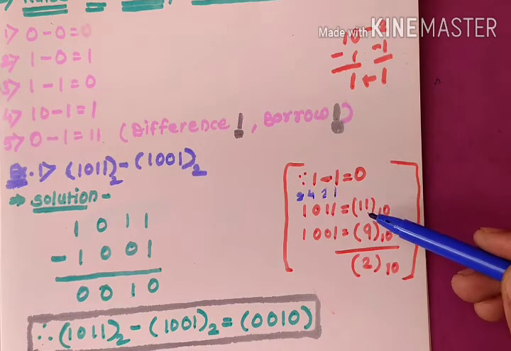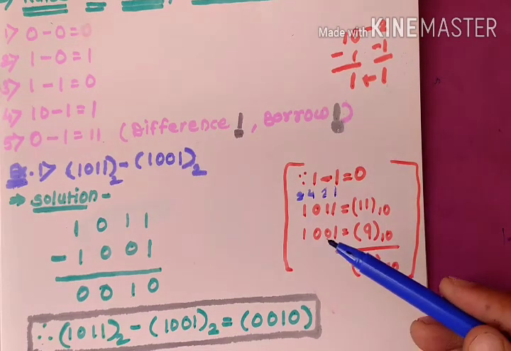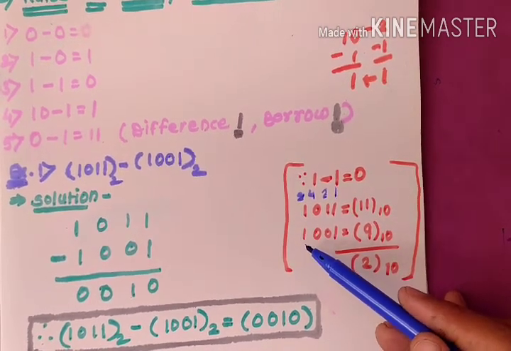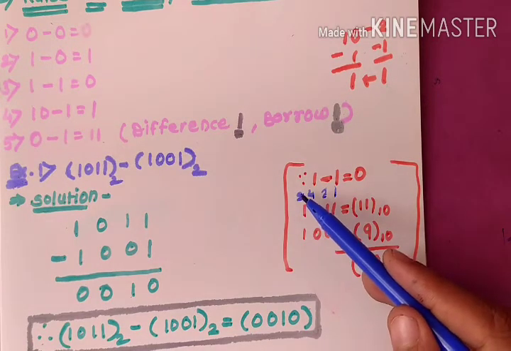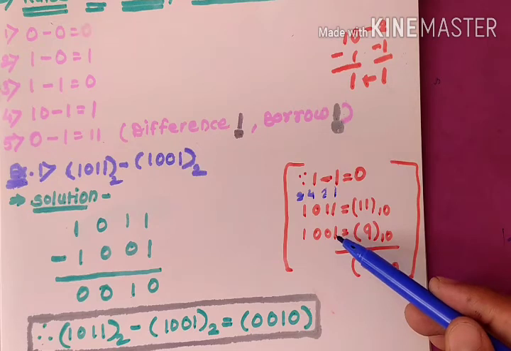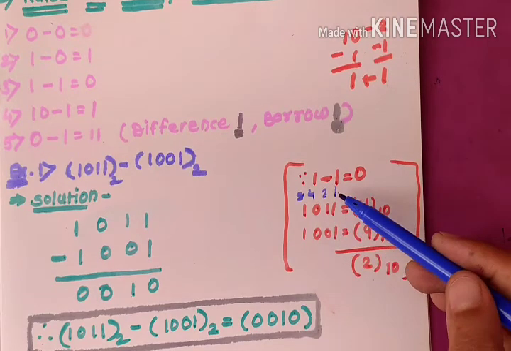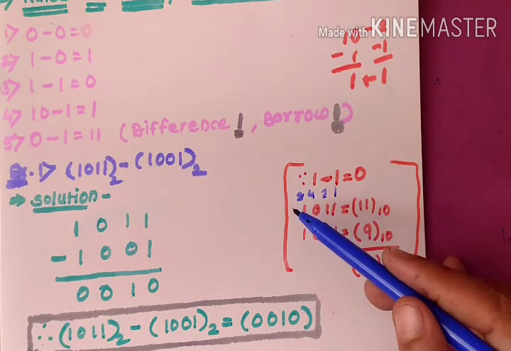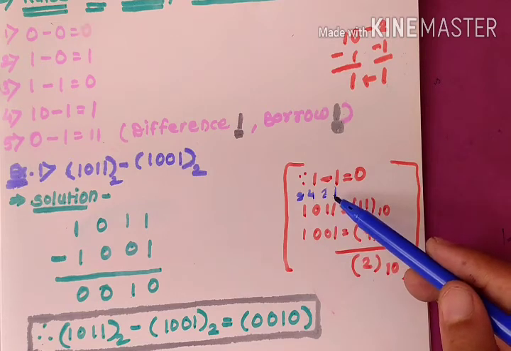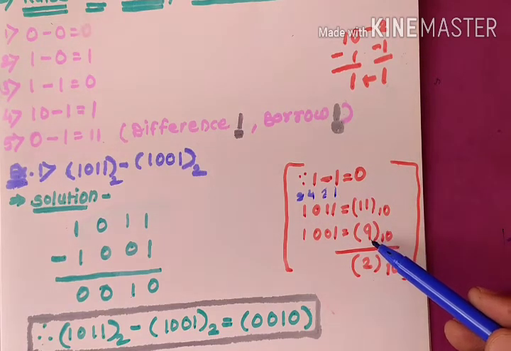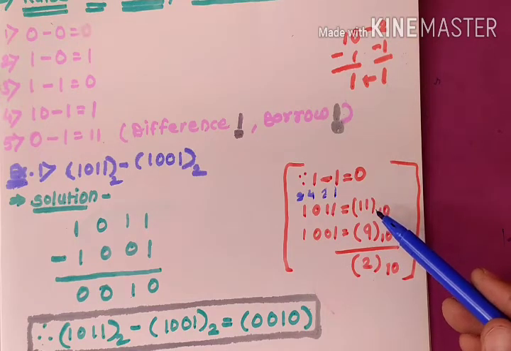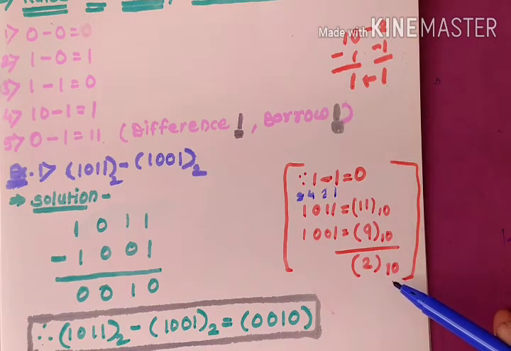Okay, this is 11 decimal. Now the second number 1001: this 1 represents 8 decimal, and this last LSB represents 1 decimal. So the addition of 1 plus 8 will be 9 decimal. By subtracting this 9 from 11 decimal, we get 2 decimal, and we can write 2 decimal in binary form